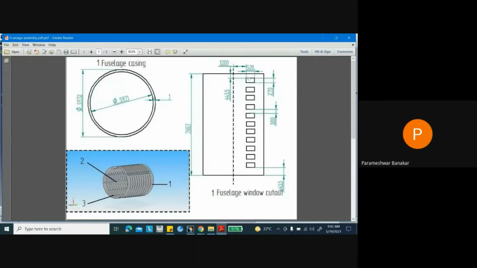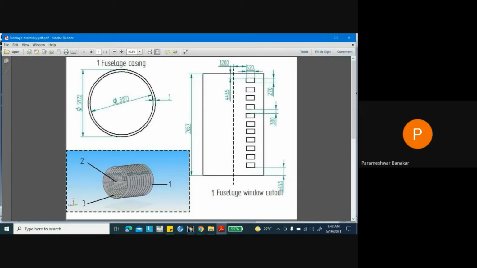It is having the dimension of 520 into 270. The length is 520 and 270 is width. And each window is having the distance of 380 mm. Okay, 380 mm distance it is having. That means each window is located at 380 mm from each other.